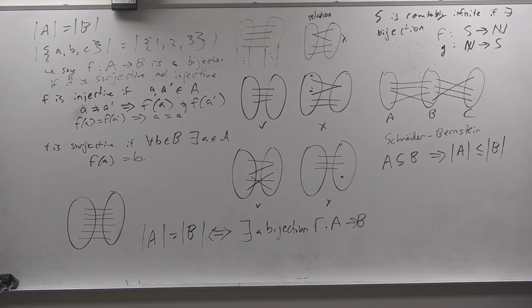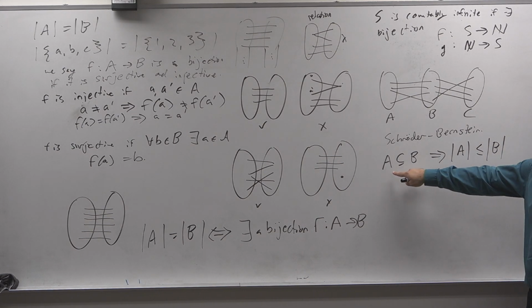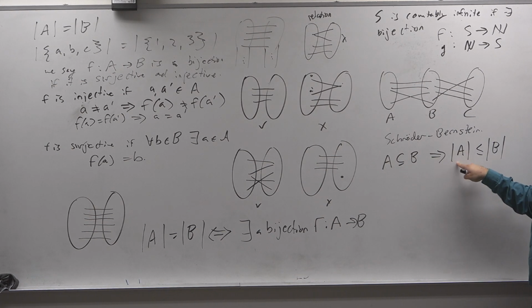Basically, there's some mapping from A to B, and then such a mapping would also exist. But formally proving Schroeder-Bernstein is quite complicated, because you're only dealing with these functions. So let's not think about it, but we may assume that we have something like this